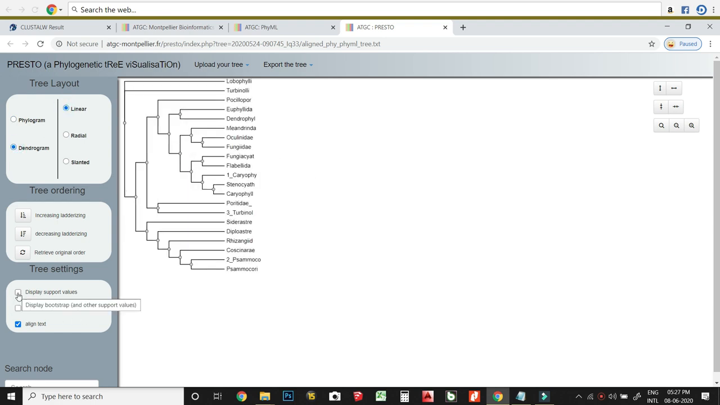By displaying the support value, we can show the reliability between the species. If it is 70%, it is reliable. More than 70%, it is more reliable. Less than 50% is less reliable. By inferring the tree with reliability,